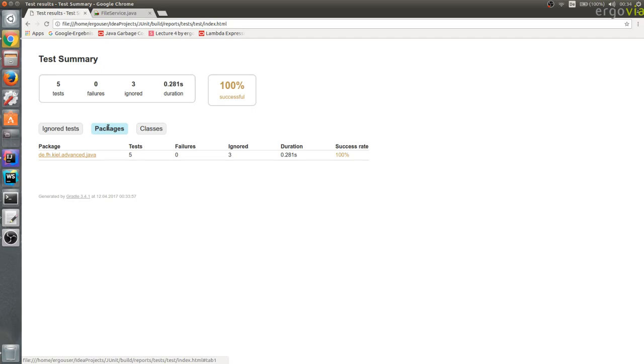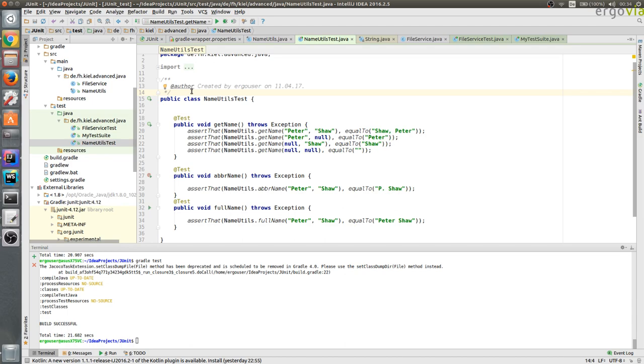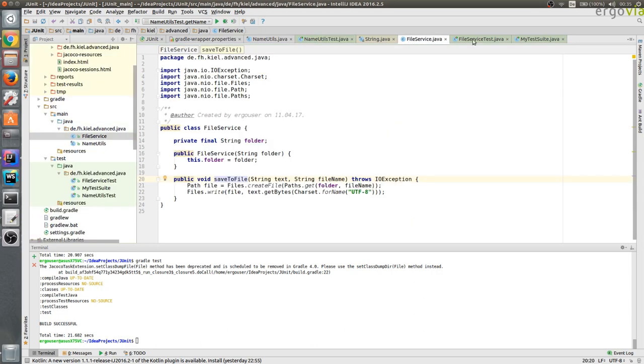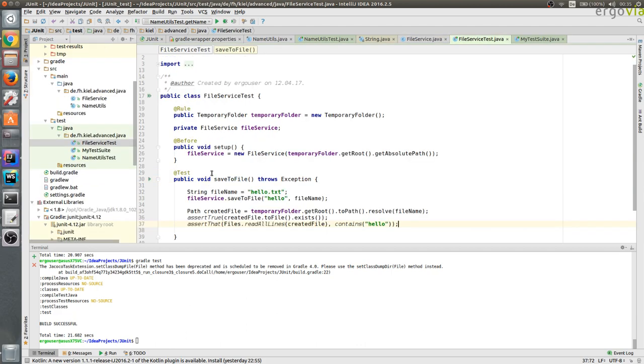Now there is almost the last thing I want to show you, which is exceptions. So maybe you want to test exceptional state. It could be the case that your file service throws an exception when you provide, for example, a wrong file name because the file system couldn't handle special characters in the file name. Then you might get an exception, and to check against an exception you can write another test case. Let's say we have a second test case for our